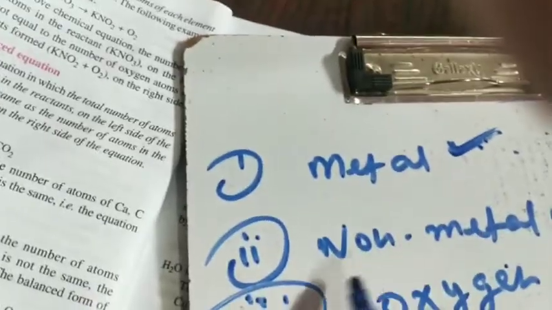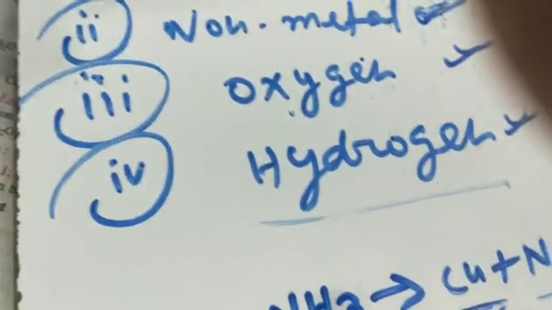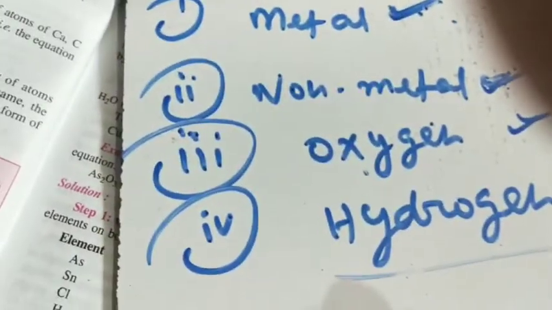Here copper acts as a metal. On the left-hand side the number of copper is 1, and on the right-hand side the number of copper is 1. So on both sides the metal is already balanced. Now in the second step, according to the rule, after balancing the metal you come to the non-metal. First you select the non-metal. Here nitrogen acts as the non-metal. Here 2 nitrogen, here only 1 nitrogen, so you write 2. Now nitrogen 2, here again nitrogen 2.